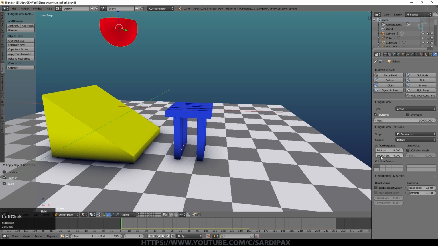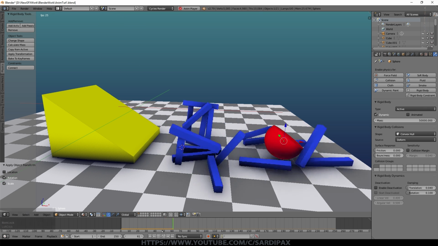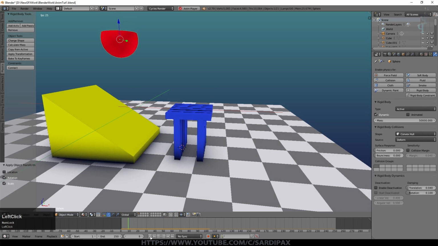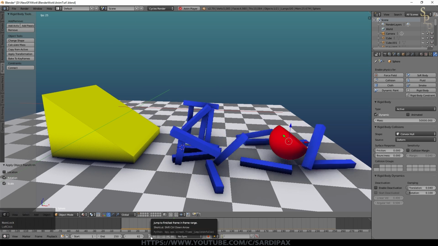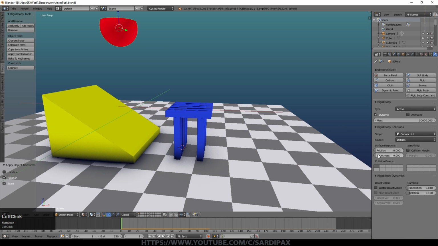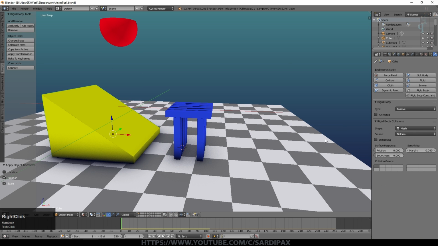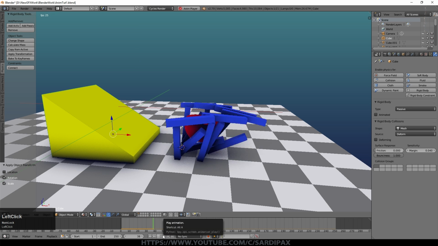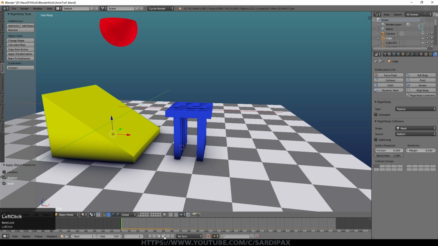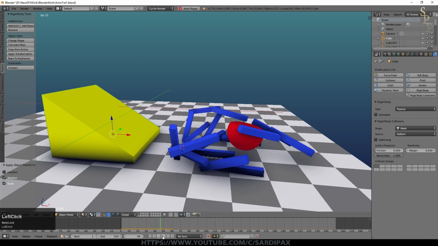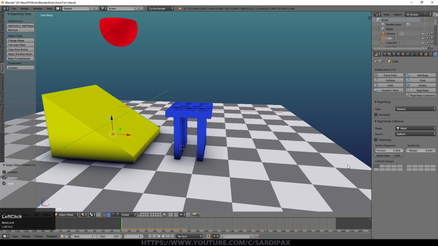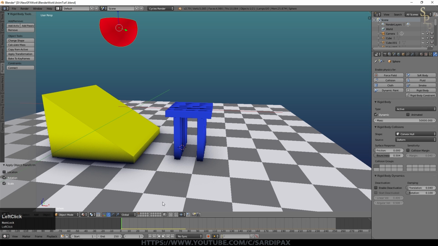I'm not worrying about bounciness at the moment. And you can see it just slips through as if it's landed on some grease or something like that. It's not even bouncing. And then if we turn bounciness up as well on both objects, it actually just bounces straight into them. So you can get some quite interesting effects by doing this. And perhaps we'll turn bounciness down to a more reasonable level now.